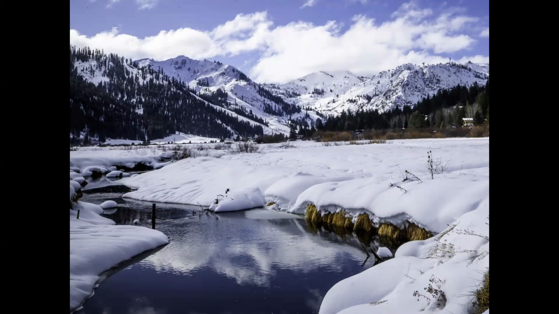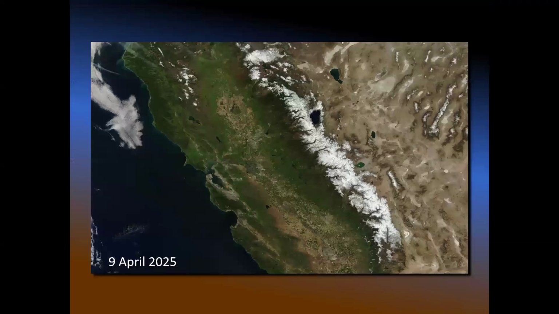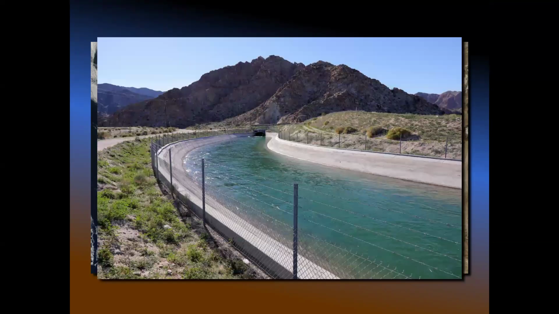Now, we're talking about a lot of this. Let's also talk about snowfall. Let's talk about some of the ice and snow. We've talked about it locally. I gave you this diagram earlier, and this is what the Sierras looked like back in April. And again, we depend on the Sierras, both on the east and the west, depending on the aqueduct. We depend on that for the water that's coming down to us.